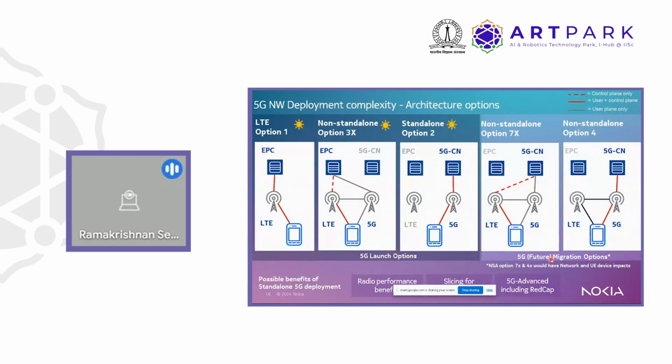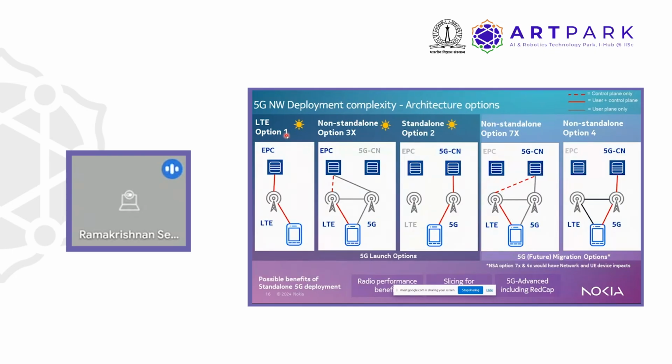So we then come to the 5G network architecture options. So the left-hand one is the traditional LTE. It's called option 1. Actually, if you remember, or if you have gone through this already, when 5G was initially getting discussed, lots of operators had different thoughts in terms of how they would want to migrate onto 5G. So there were different options that were being considered in terms of how a particular operator would want to migrate to 5G.